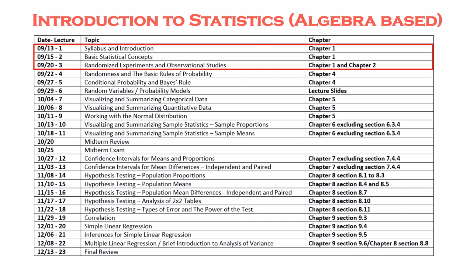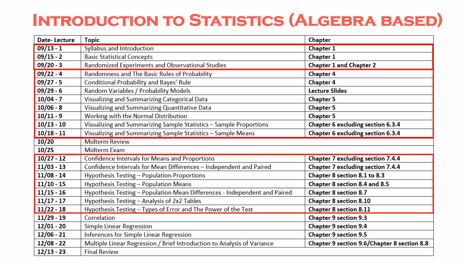In the first two classes, I cover basic concepts plus randomized experiments and observational studies. I want students to understand how study design affects data quality, and in particular, the complexity of relationships between variables in observational studies. We delve deeper into probability theory, cover more tests like the paired t-test, and finish with a solid introduction to linear regression, including multiple linear regression, where students begin to learn how we model the complexity of relationships between variables. Then a brief introduction to analysis of variance.